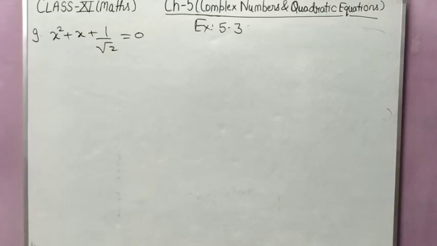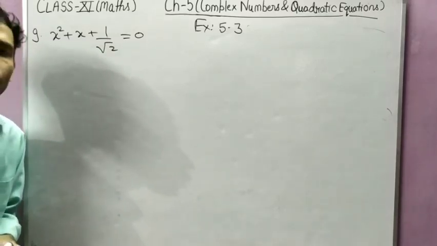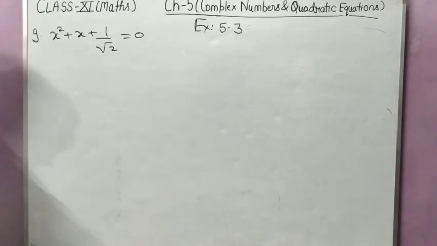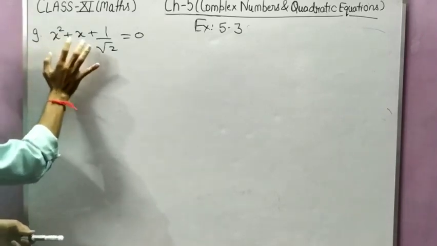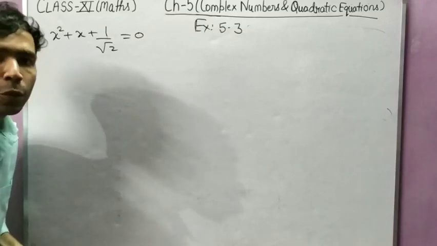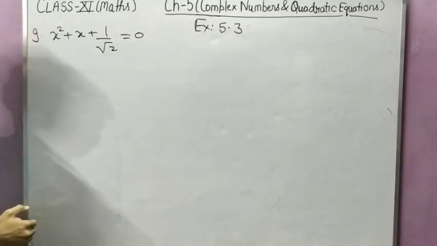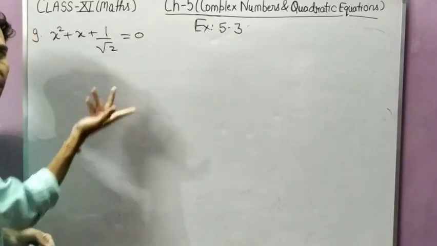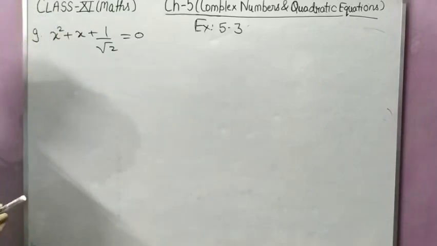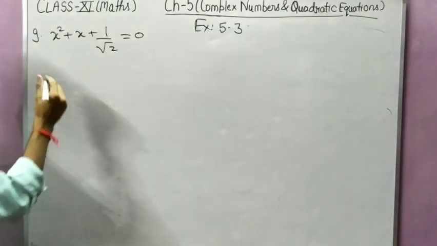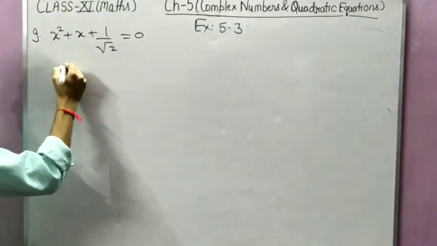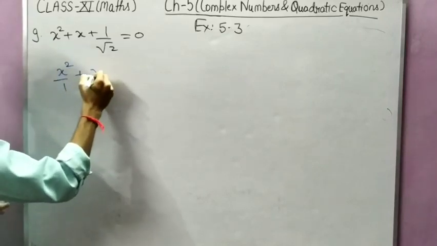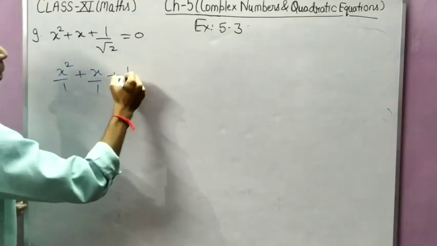Now student, question number 8 is also similar to question number 7. So I am going to tell you question number 9. So student, see, x square plus x plus 1 upon root 2 equal to 0. Now student, first you can simplify it. Okay, so I can take LCM. So this thing can be written as x square upon 1 plus x by 1 plus 1 by root 2